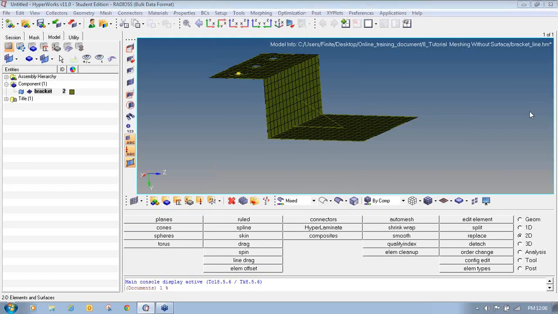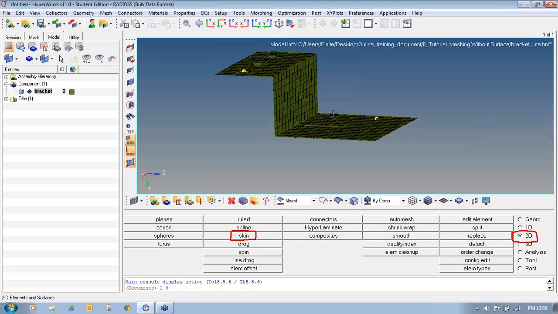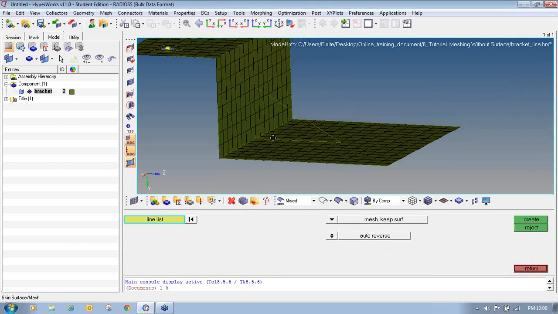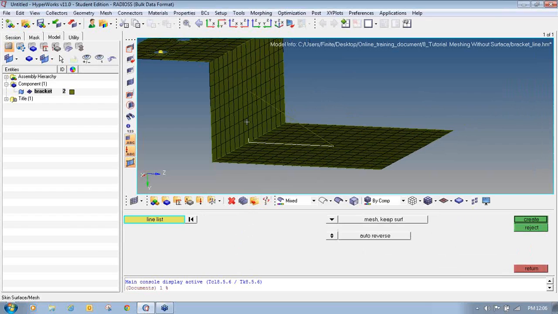Now I will show you one more panel available in HyperMesh on the 2D page. You will find the skin panel. This panel is also used to generate 2D elements by using lines or nodes. So I click on skin and I will select these two lines.